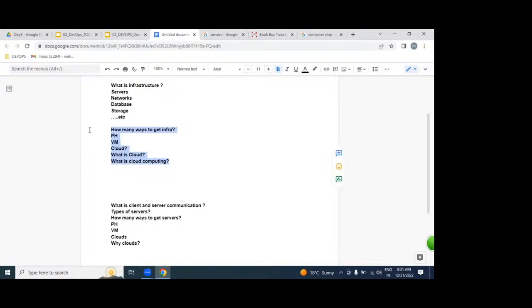Remote placed resources. If we can access them through the internet from our laptop, that is nothing but cloud. Which resources? RAM, CPU, motherboard, or a server, or a network, or storage. Anything we can access through the internet from a laptop is nothing but a cloud.